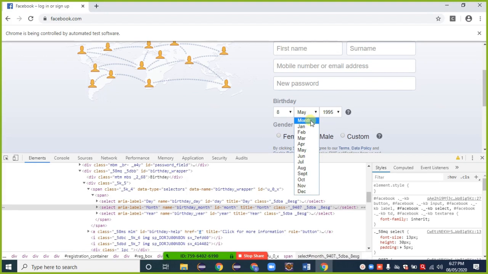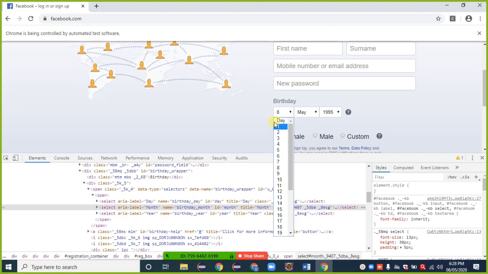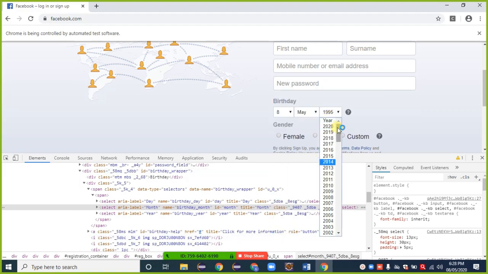Month has 0 index, January 1, February 2, 3, 4, 5, up to whatever the list. Again observe here, day has 0 index, index always starts from 0, 0, 1, 2 and up to 8. Again similar for the static one. Having 0 index means that the list starts from 0, counting starts from 0.